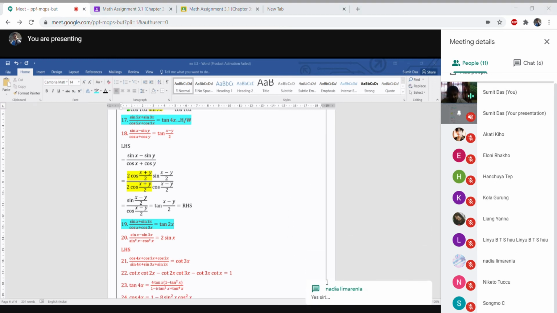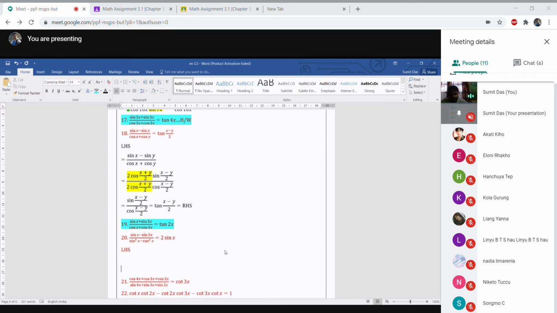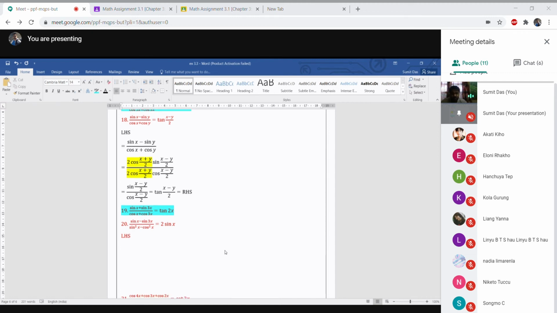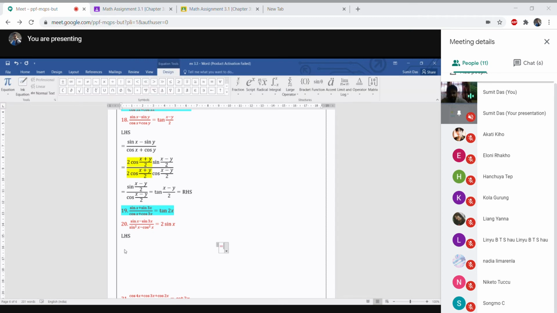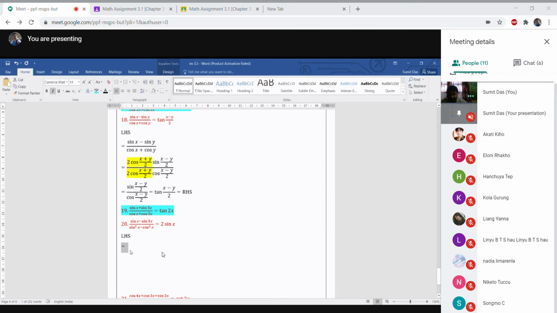Okay, so let's move on. Any doubt regarding question number 18? You can easily see you just have to use the direct formula, but remember, now you can use the formula without seeing the book. So practice more questions so that you can remember the formula easily. And I hope all of you make an A4 paper that I told you to, write down all these formulas, and keep it in your math book.